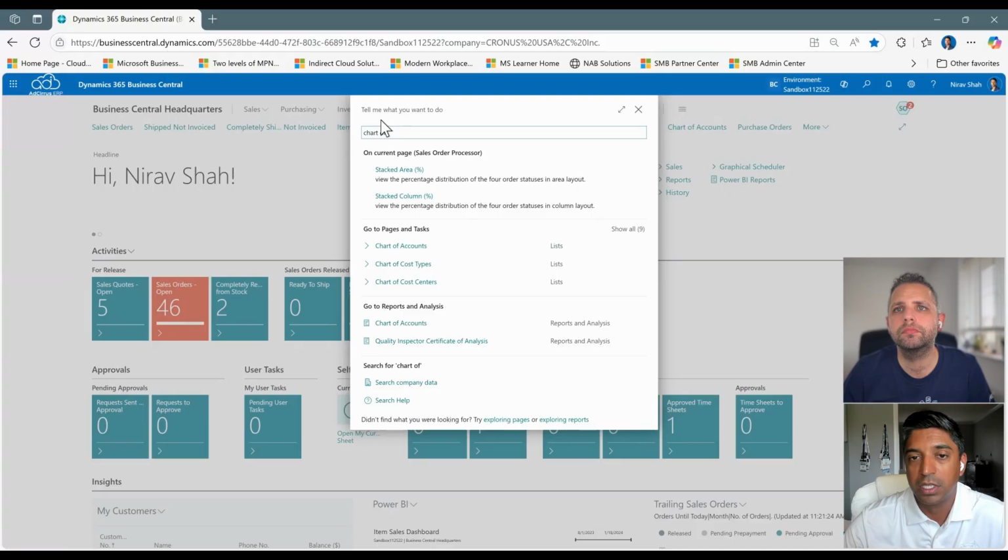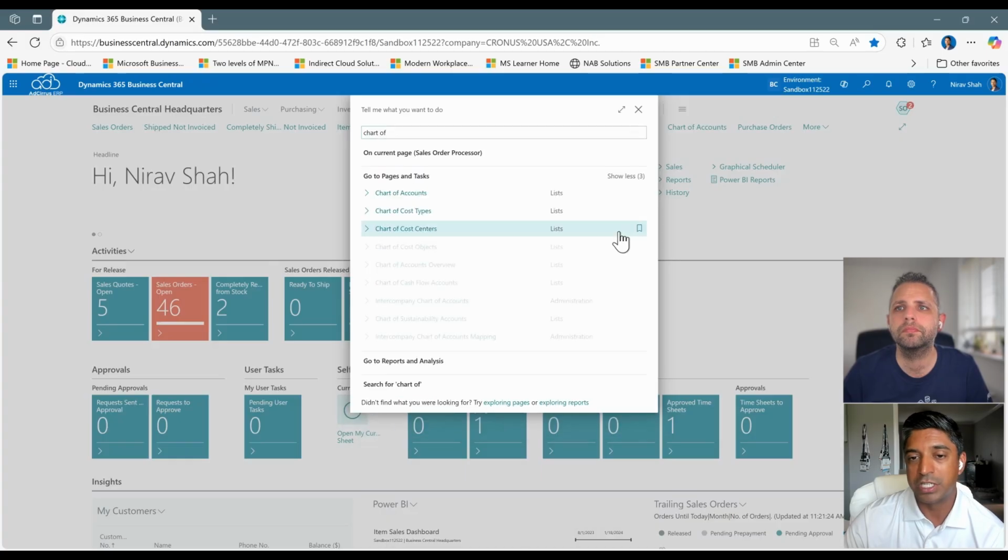So it's first telling me there are some reports named stacked area, stacked column within my role center, because that's where I've invoked this Tell Me function. And then it tells me, all right, well, there's 9